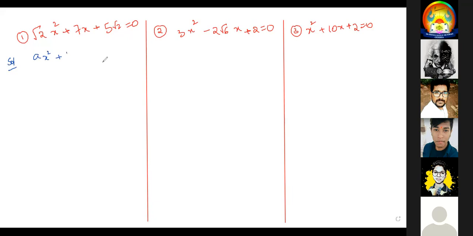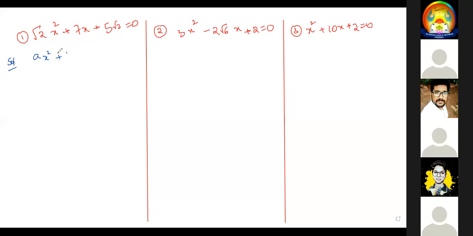Sir, second number, x is equal to root 2 by root 3. Yes, root 2 by root 3. And the other root? One root, sir, is the same root. Very good. First one, you'll get 2 distinct roots. Second one, you'll get the same root. Third one, no root. Very good.